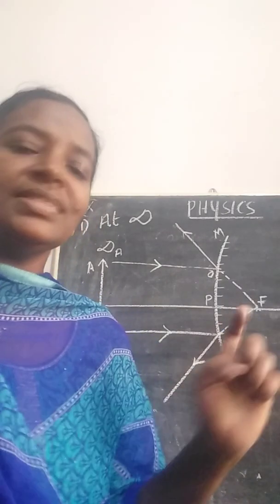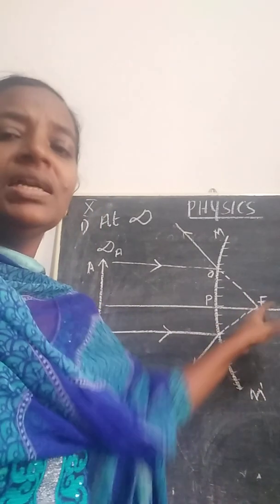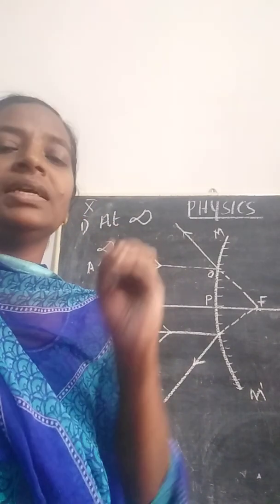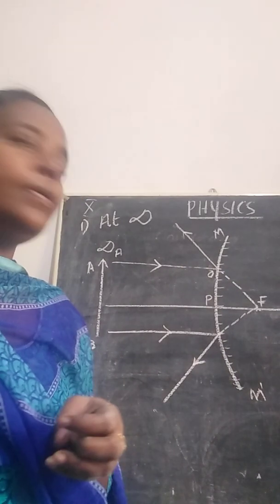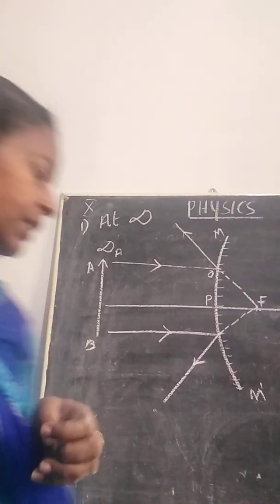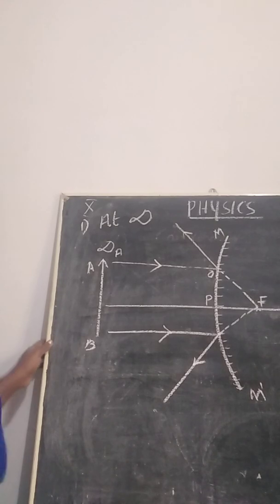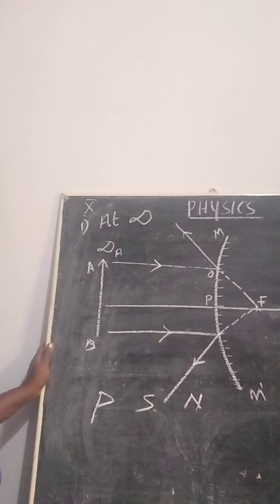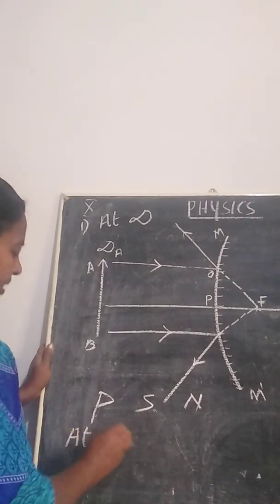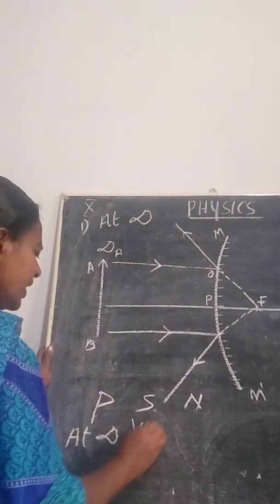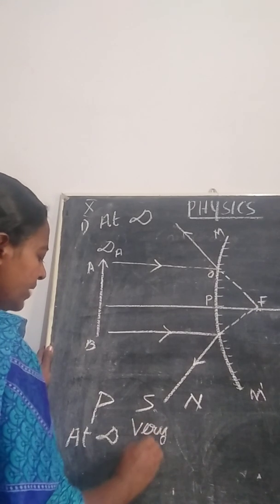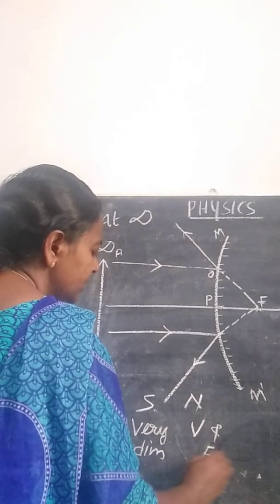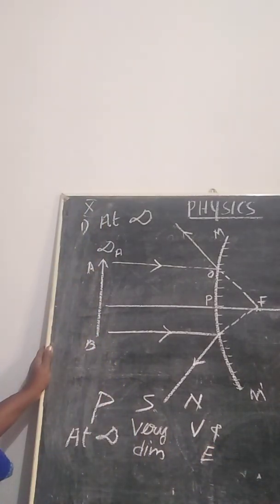So here F is the location of the image. We will get a very pointed-size image, a virtual and erect image, behind the non-reflecting side of the mirror. So these are the details of the image formed by the convex mirror. In this case, we will write the position, size and nature. What is the position of the image? At F. What is the size of the image? Very diminished, because at F it is a very diminished image. And what is the nature? Virtual, and it is erect, not inverted, correct side up.